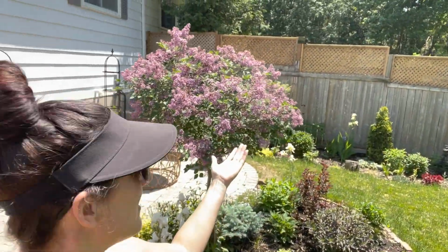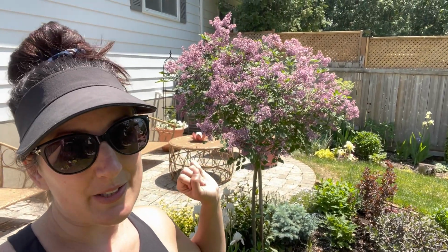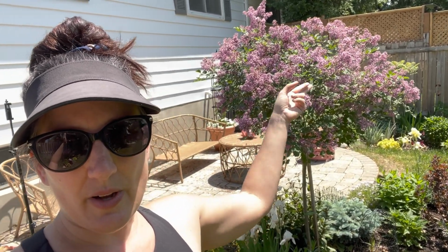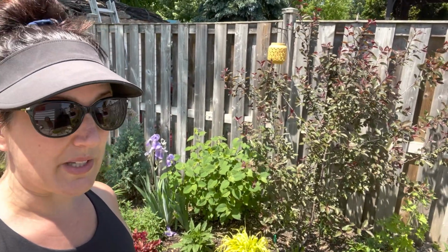This is probably the last week I'm going to have the lilac blooming, but it is a Bloomerang, so it's going to come back later in summertime as long as I snip it. So I will snip off all the blooms, and then it's supposed to rebloom afterwards. And the other thing I have to snip, because it is done blooming as well, is my